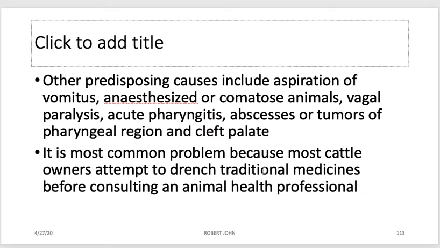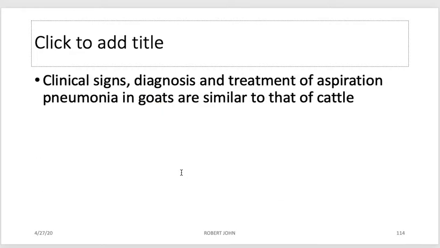It is the most common problem because most cattle owners attempt to drench traditional medicine before consulting an animal health professional. So aspiration pneumonia inatokea sana kwa wanyama. Kwa nini? Kwa sababu watu wengi wanajaribu kuwapa wanyama dawa kienyeji bila kuongea na wataalamu wa afya ya wanyama. Kwa wanapowapa wanyama dawa kienyeji, unakuta unakosea jinsi ya kuwapa dawa, basi ile dawa inapita kwenye njia ya hewa, mnyama anapata pneumonia. So clinical signs, diagnosis and the treatment of aspiration pneumonia in goats are similar to that